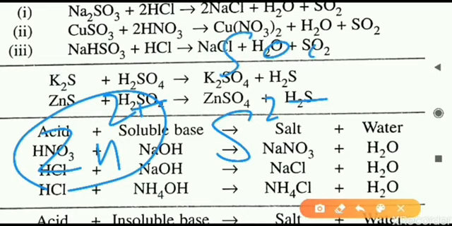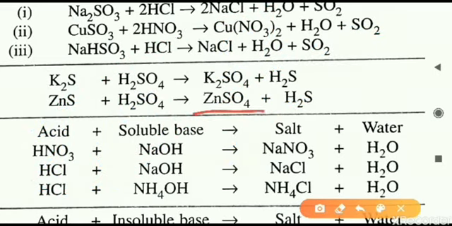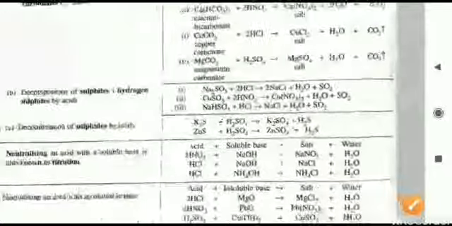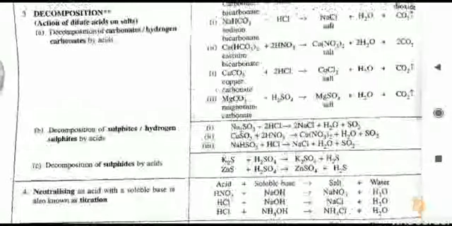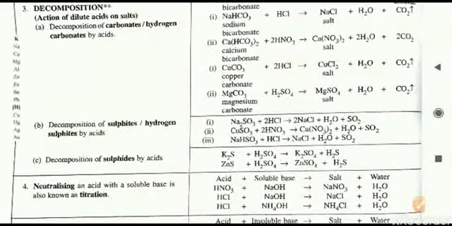It will form a bond with sulfate, that is SO4 2-, and as a result we will get zinc sulfate, ZnSO4. So that is the salt that is forming, and another gas, that is hydrogen sulfide, is also formed in this reaction. So this is all about the different types of decomposition reaction. Everywhere you have learned the general equation at least.